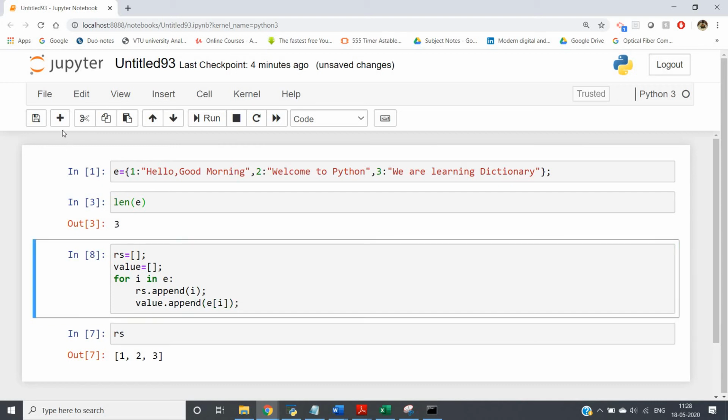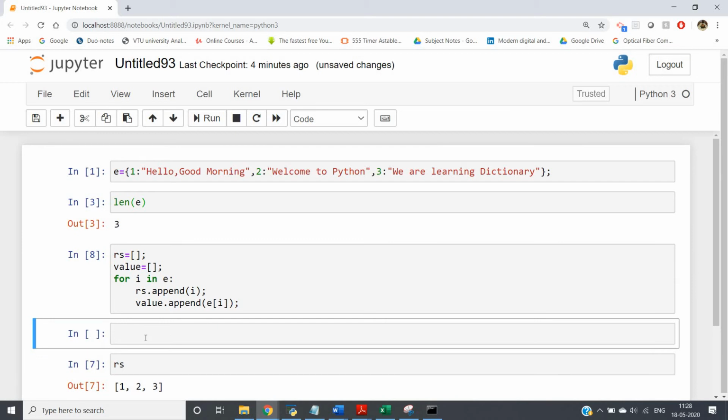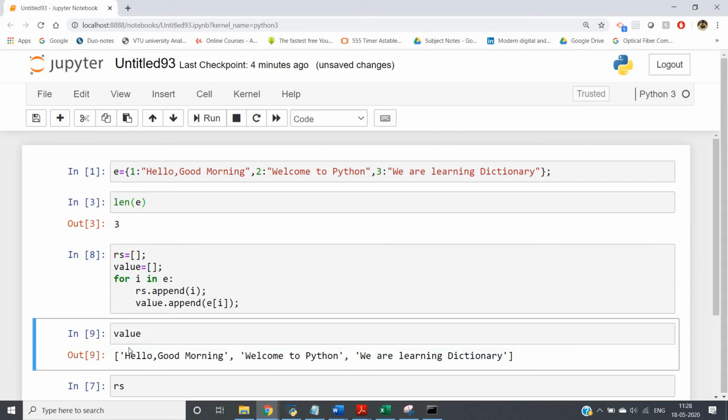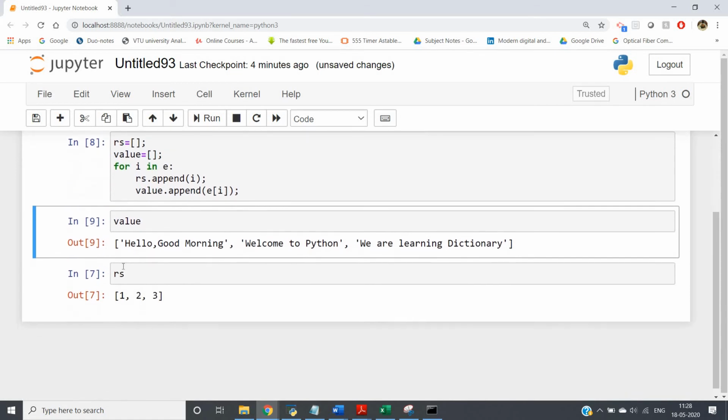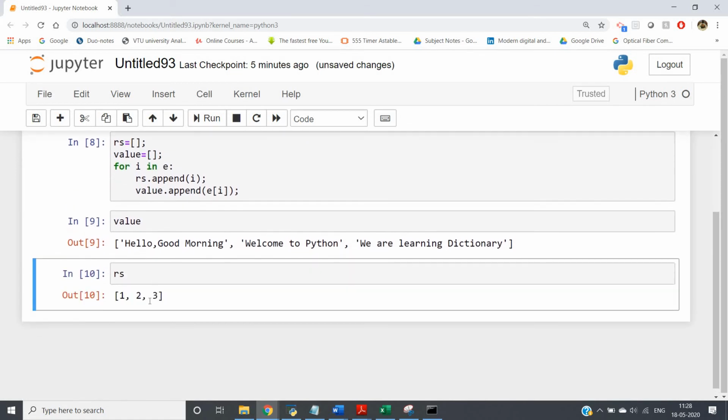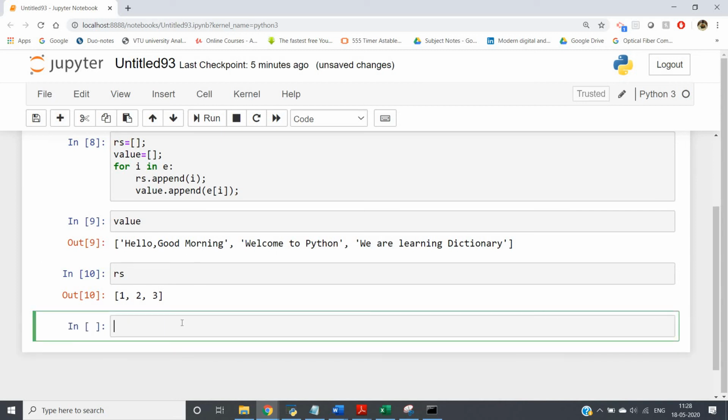If I run the code and now write value, I will get the value part, which is basically strings: hello good morning is one, welcome to Python is another, we are learning dictionary is another, and here in rs our keys only are stored, 1, 2, 3. So this is how we can traverse a dictionary using a for loop and extract the keys and values separately.